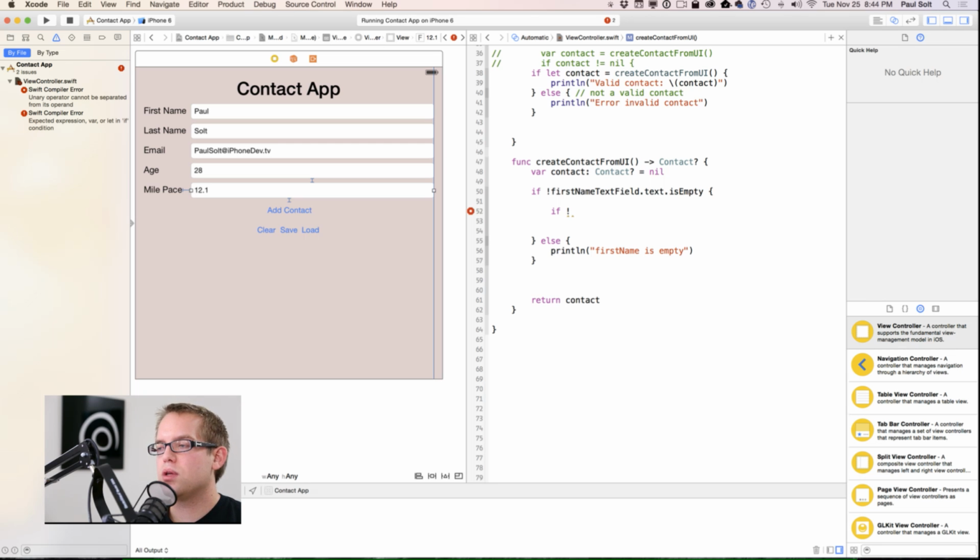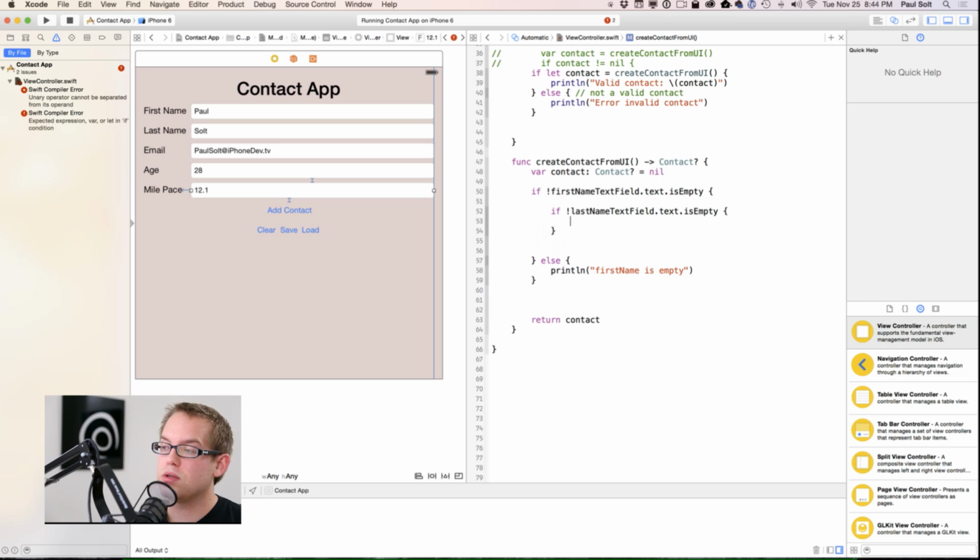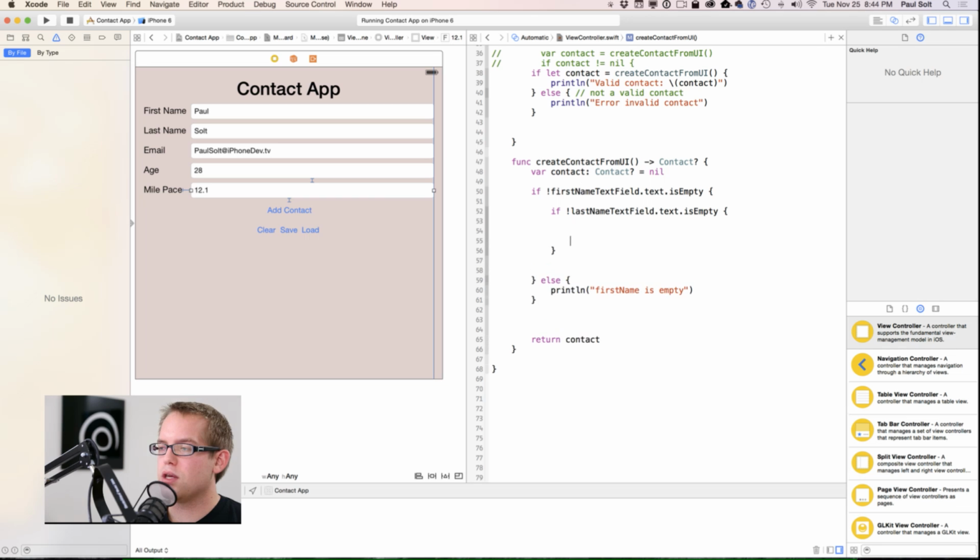The benefit of doing it like I'm doing right now, or if I did a compound statement where we do last name text field dot text dot is empty. So if I'm saying if it's not empty, which means there's a valid value, then I can have context-specific error messages based on whether something is empty or not, and that can be useful. Okay, so if I know that the last name text field is not empty,